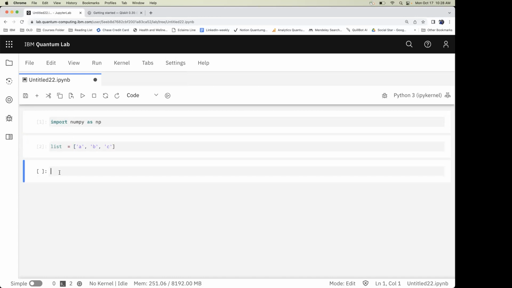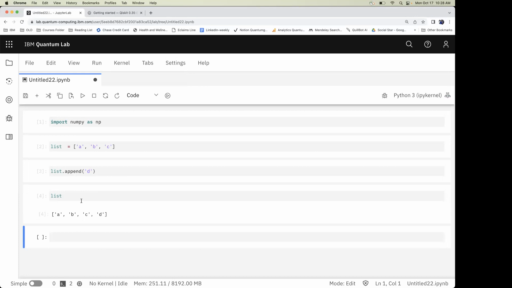We created a list, right? And if I want to add one element, I'll use a dot function, and I'll do append, and add one more element to it. And now if I want to print it, it's done, right? So this is how we use basic Python. This is all basic Python. These are the same things that we'll be using in building quantum computers. It is pretty similar to how we do things in Python, and you'll see how I use all these functions in actually building a quantum computer. So it is pretty much the same.